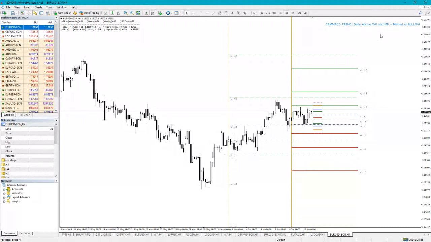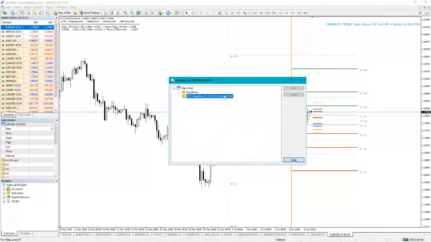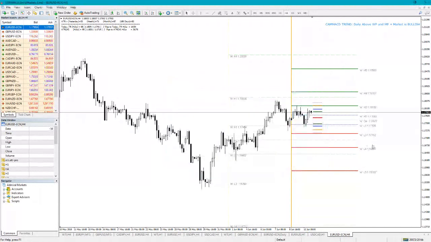Also, now let's get back here. If you click the indicator here and go to the indicators list, you will actually see some interesting things. For example, if you go to show label price, set to true, you will actually see the prices. So this is what I also like to use in my everyday analysis and everyday trading. This is an absolute must for me,